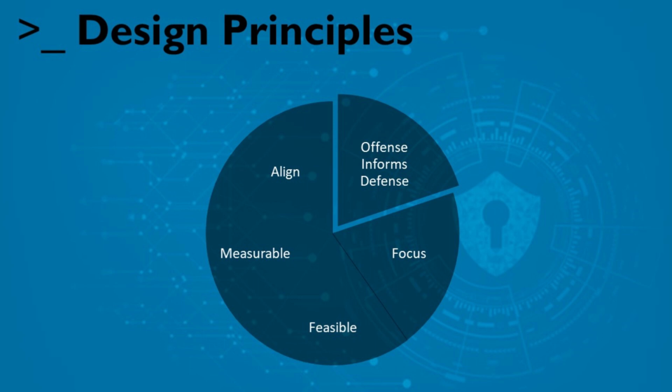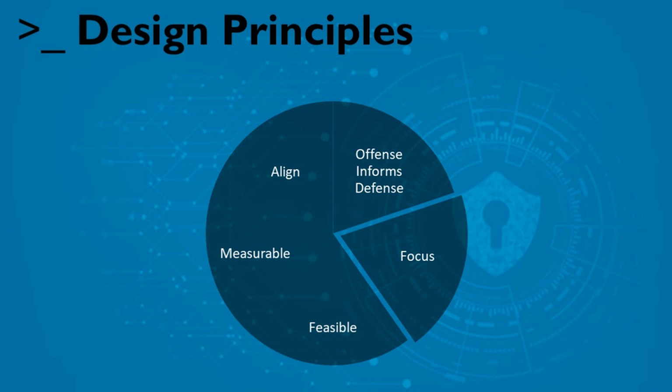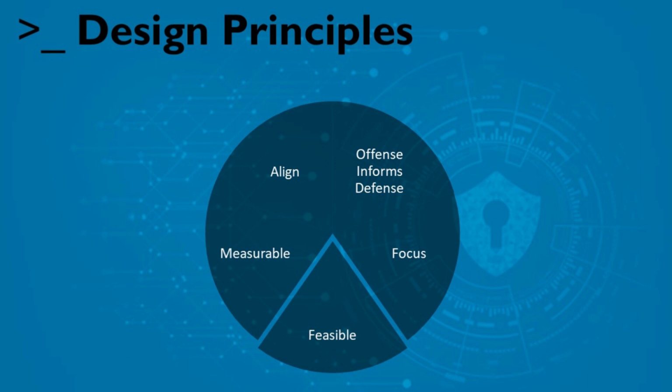The first principle, offense informs defense, implies that controls are selected and prioritized based on data and knowledge of attacker behavior. This means that controls are selected and designed with the most common and impactful threats in mind. Second, controls are focused, which helps defenders identify the most critical areas that need to be addressed to stop the most threatening attacks. The controls are not meant to solve every security problem, but rather to focus on the most important areas at risk. Third, controls are feasible, meaning that all controls are specific and practical to implement for all organizations, regardless of size and budget.